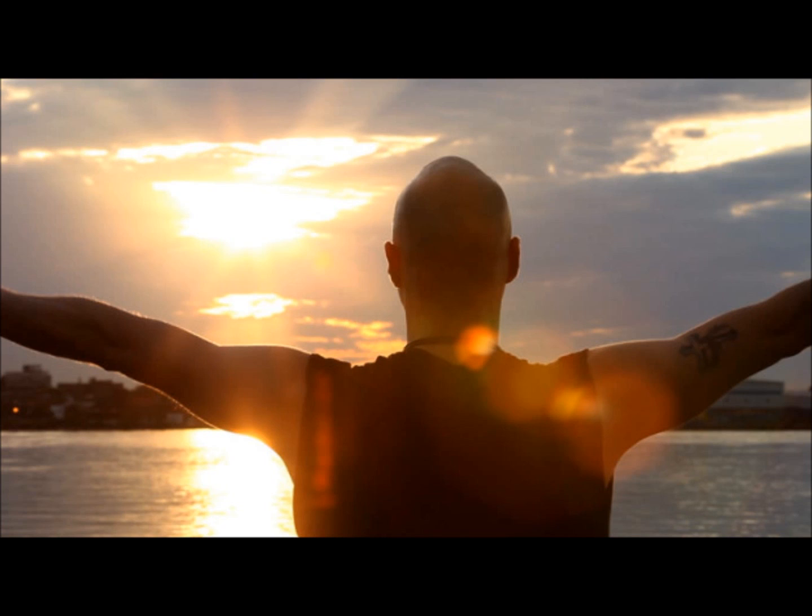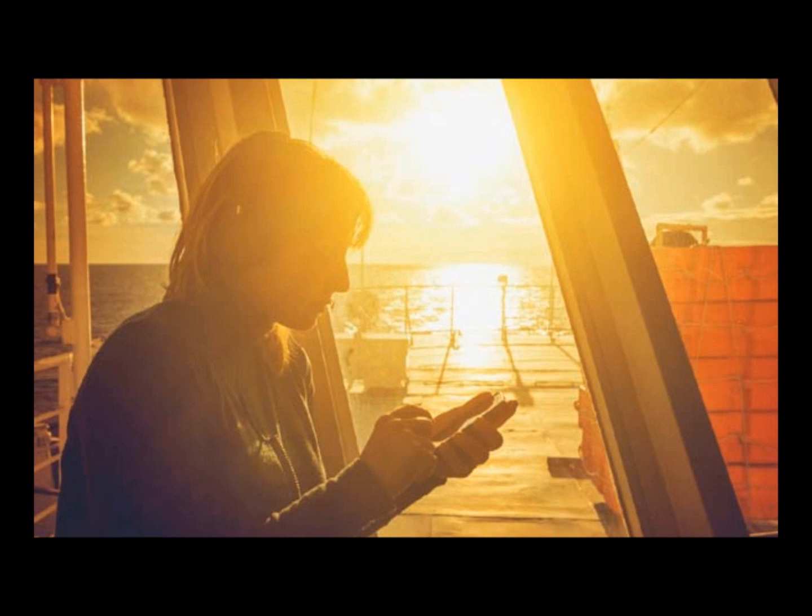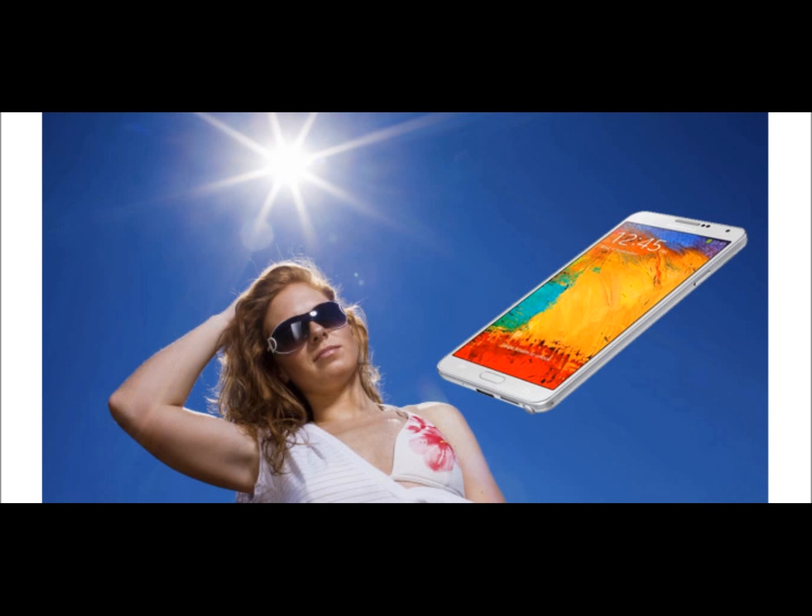The second feature of Note 4 is UV sensor. The latest leak comes from Samable, which suggests the Galaxy Note 4 will also feature a UV sensor. Part of the S Health system, it will warn users if they are getting too much sun. The sensor will be used to measure the sun's ultraviolet, UV, radiation and prevent users from damaging their skin, aging